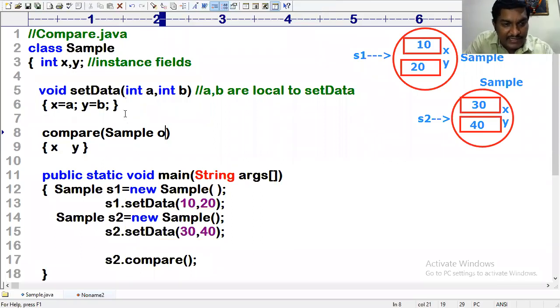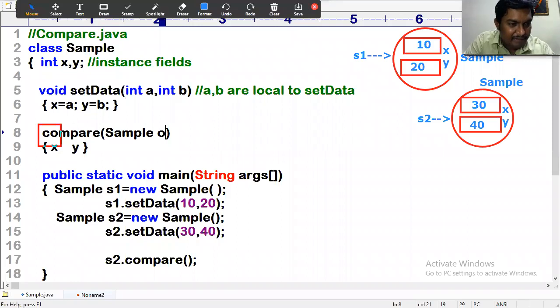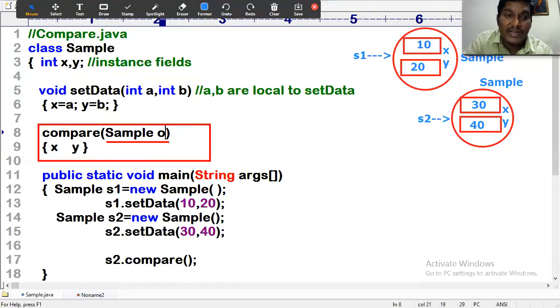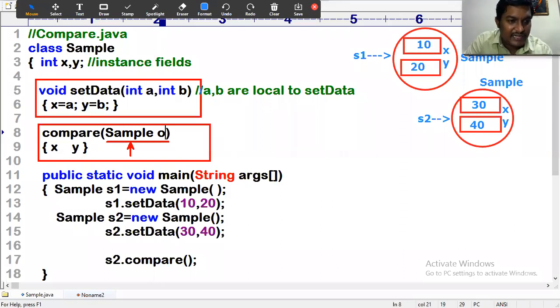In the same way, compare is a method. The compare method requires how many arguments? One argument, of Sample type. The setData method requires two arguments of integer type.